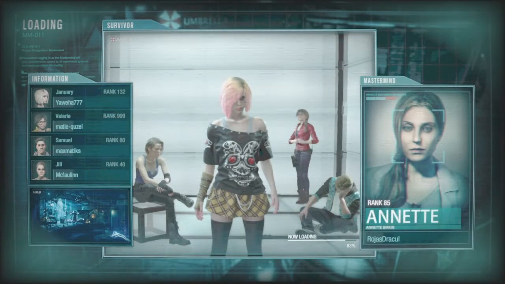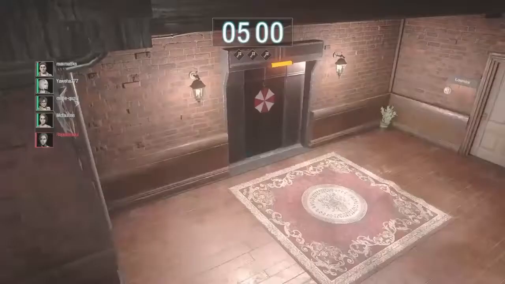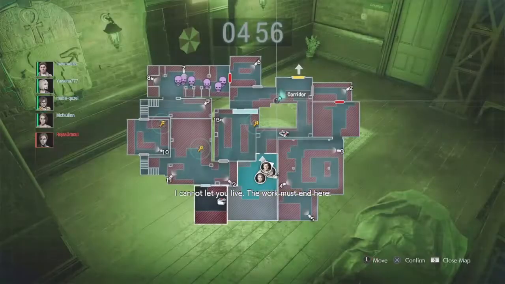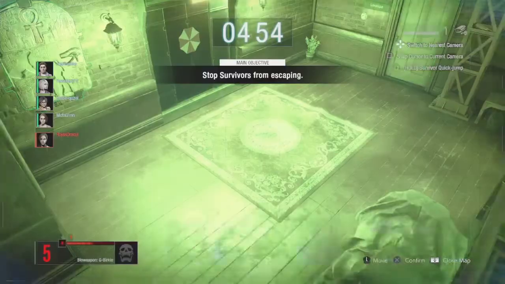Alright, so here we go with some gameplay, and real quick before the match starts, I forgot to mention the 1 card in the deck I didn't cover was Deception, which I have in there both to cycle the deck and to mess with the survivors, play some mind games with them so they never know for sure which camera I'm on. Hopefully it'll cause them to waste a few bullets on cameras they don't have to shoot out here and there,